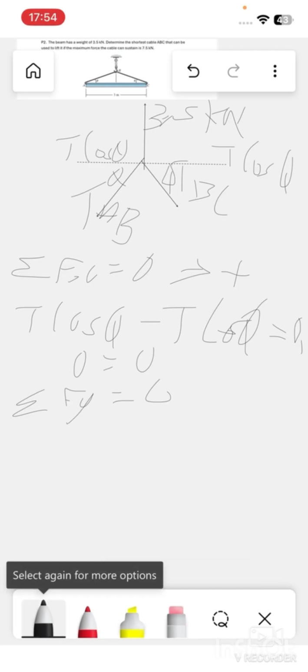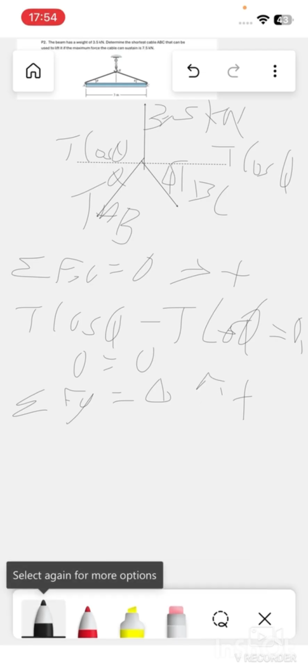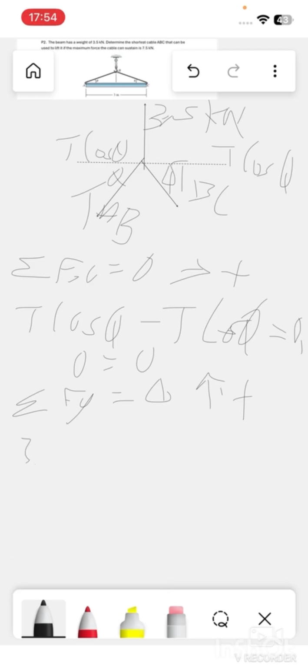We take up as positive. We're going to have 3.5 minus